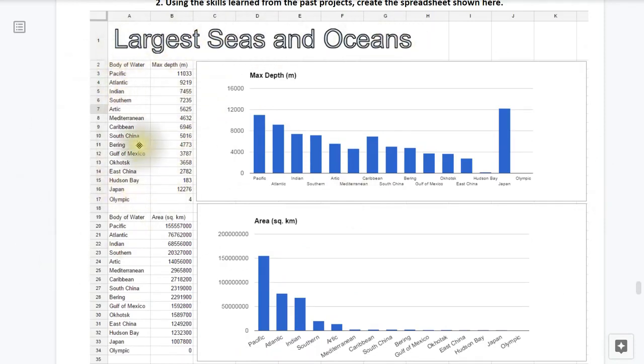There's a lot of data here, but notice that the data is repeated twice. Now there's a little trick to this. All you have to do is key this in once, highlight from Pacific to Olympic, and use the shortcut Control-C to copy this data. Click down into A20, and then use the shortcut Control-V to paste all the labels in. That saves you a lot of time, so it only takes a couple minutes to do all of this. So go ahead and hit that space bar and create this spreadsheet.